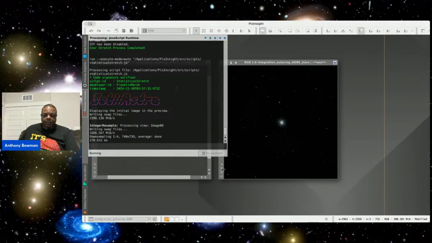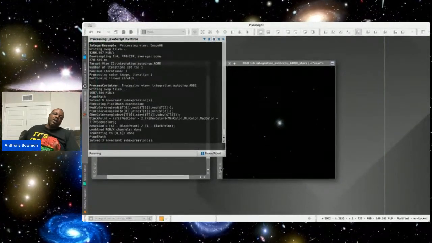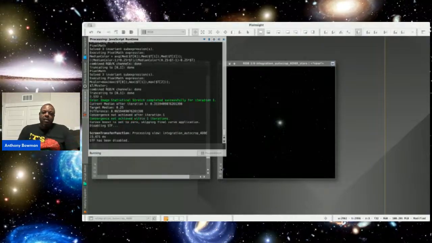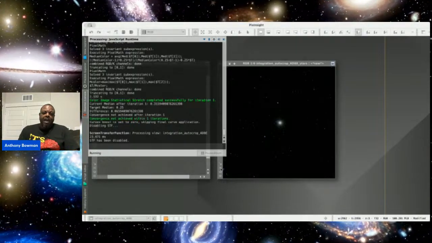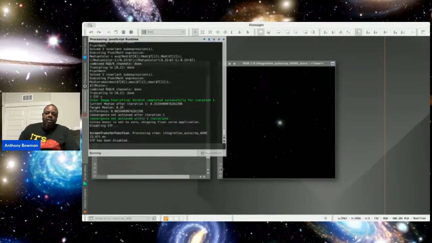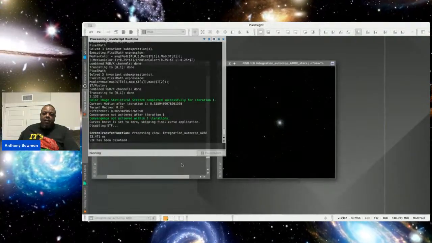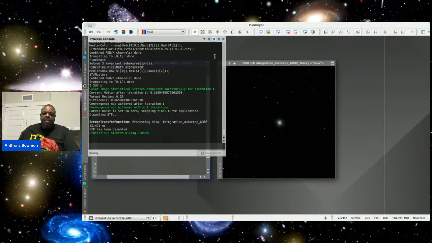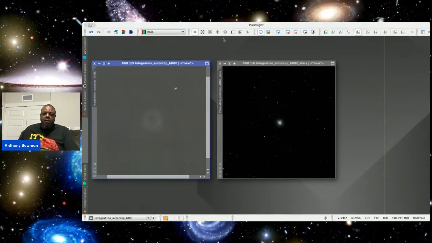It's very effective. Now it can be more complicated, these processes. This is a very powerful tool, and it uses AI. This PixInsight is.